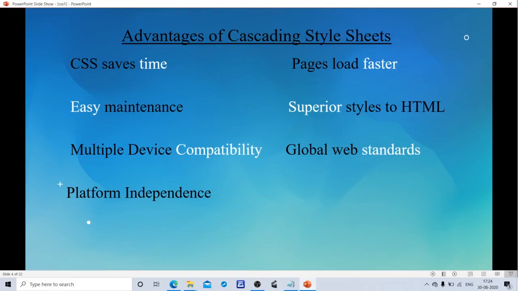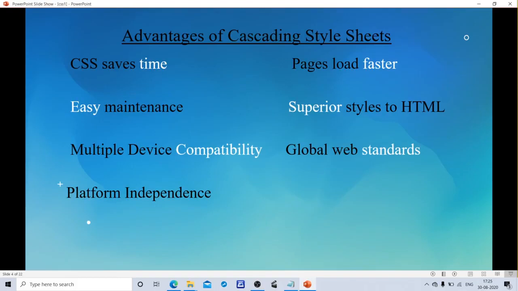For example, if I am using the h2 tag in an HTML document a number of times, I can write the tag attribute in a cascading rule and it applies to all the occurrences of that particular tag in a document. So it loads faster.